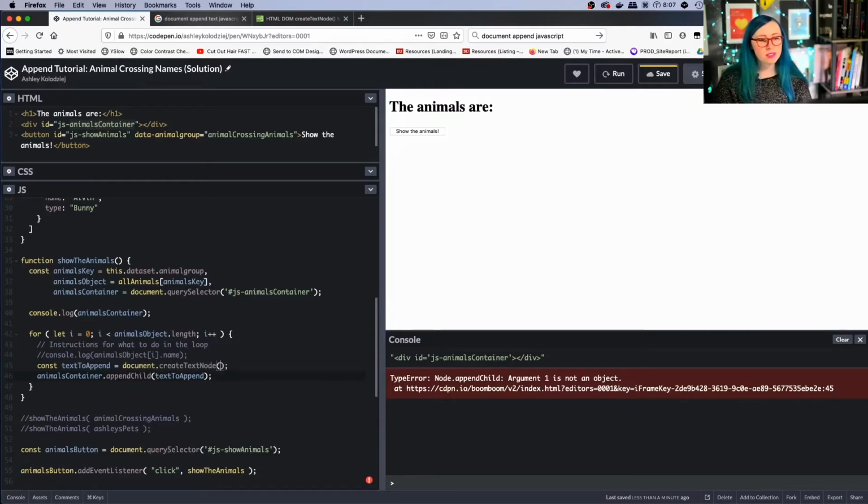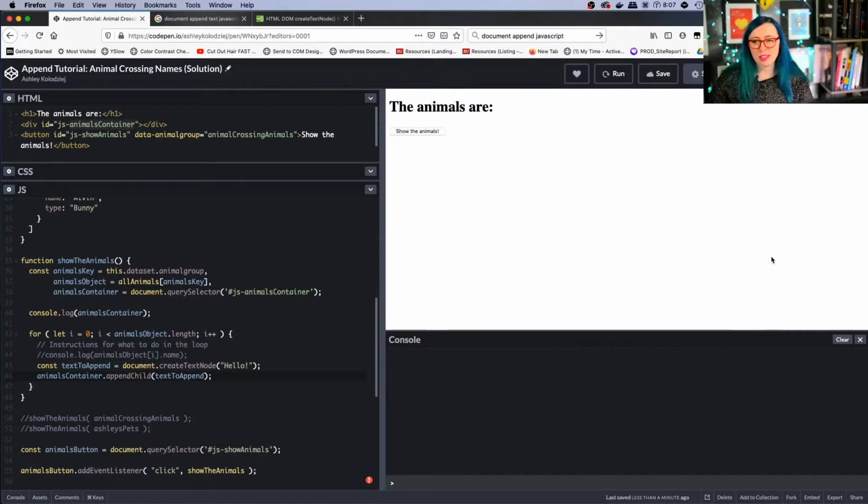Document.createTextNode, hello. It's a little clunky. Sometimes JavaScript is just a little clunky. Okay, there we go. That worked. All right, you know what? I'm gonna go with that. There's other ways we could do this. I can remember somewhere in the back of my mind some other way that didn't require me to do this, but I'm not coming up with it now. So createTextNode it is.